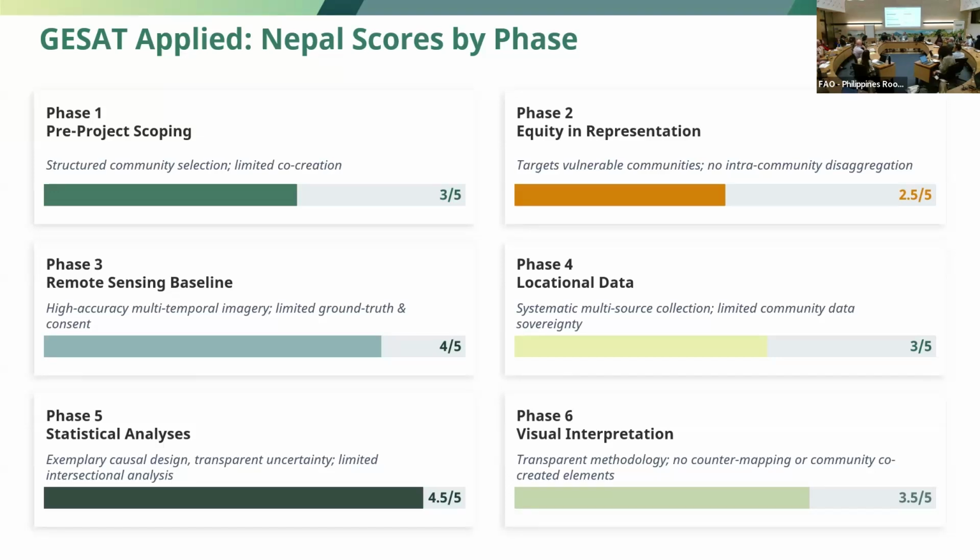Remote sensing baseline, equity and representation. So the program targeted vulnerable communities by design, subsistence farmers facing seasonal flooding and 40% of farmland submersion. However, the village level unit of analysis obscured intra-community diversity. And this is where we talk about gender, caste, ethnicity. And I know Maja is going to be a great advocate for this. And they could have used a different type of social, like the advisory group could have been part of this, engaging faith-based organizations could have been a part of this, and going all the way to, I think, one of them,